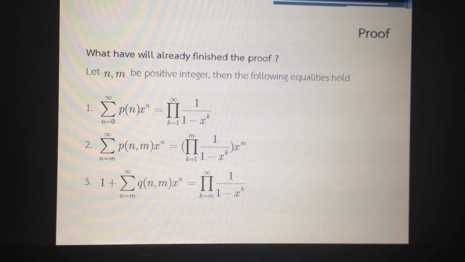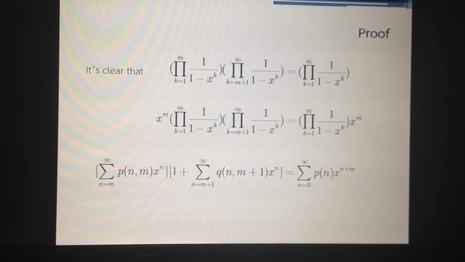The second one involves Pn, M, and the third one involves Q and M. And it is clear that the product of some expression with index running from 1 to infinity is always equal to the product of the same expression with index running from 1 to m, multiplied by the product running from m plus 1 to infinity, and then we multiply by x power to m on both sides of our equation,